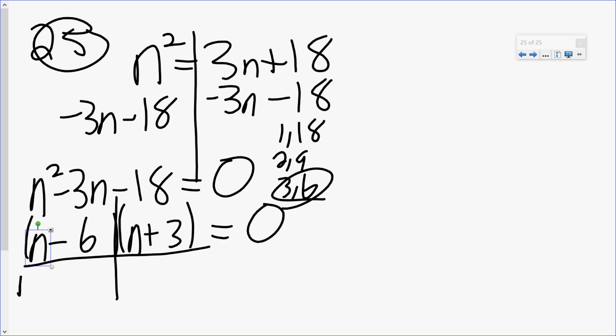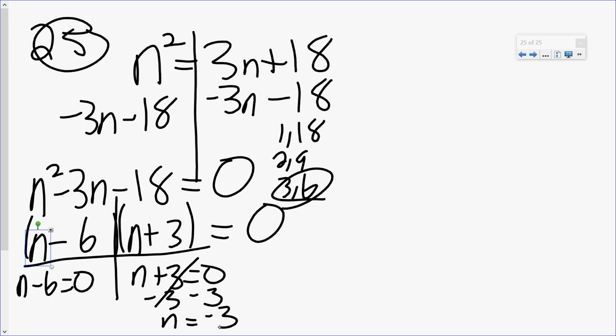Finally, we set each factor equal to 0. I set n minus 6 equal to 0. I set n plus 3 equal to 0. n is -3, and n is 6. That's it. So whenever you have a polynomial equation, x squared or higher, number 26 is an x to the third. Same procedure, everything to one side, factor, set each factor equal to 0. And finally, number 27,